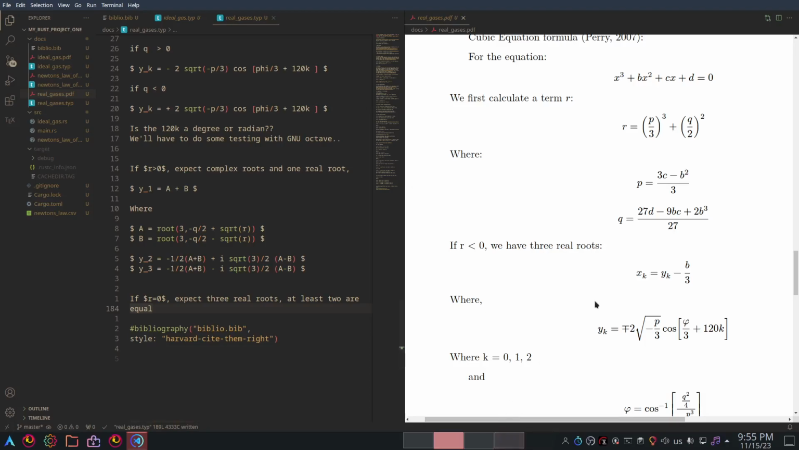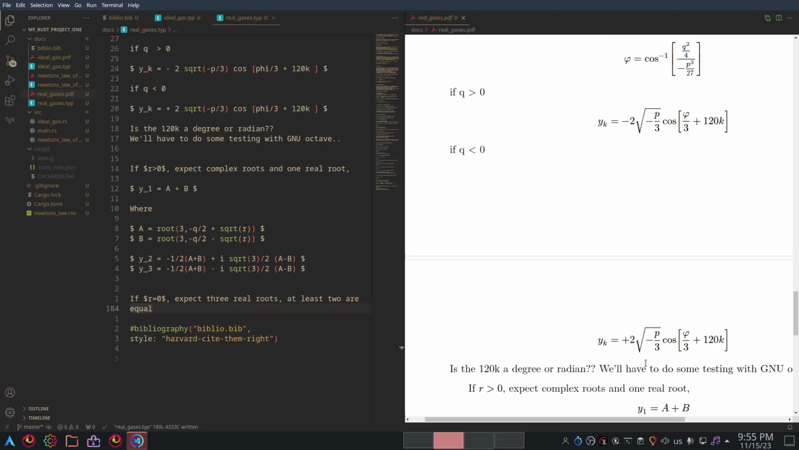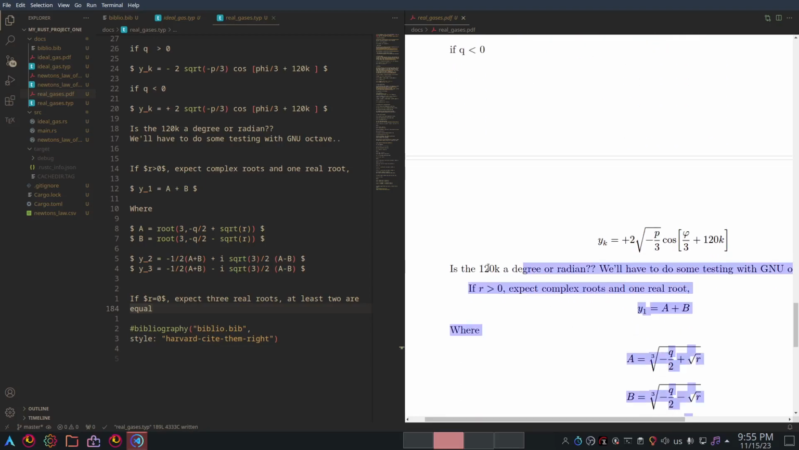So yes, we have several questions. One is, is this 120K, 120 times K term here, a degree or radian thing? So we'll need to actually do some testing. Second thing, testing is really important. If we want to code our own simulations from scratch, we'll need to do some code verification as well. Similar to how we were talking about